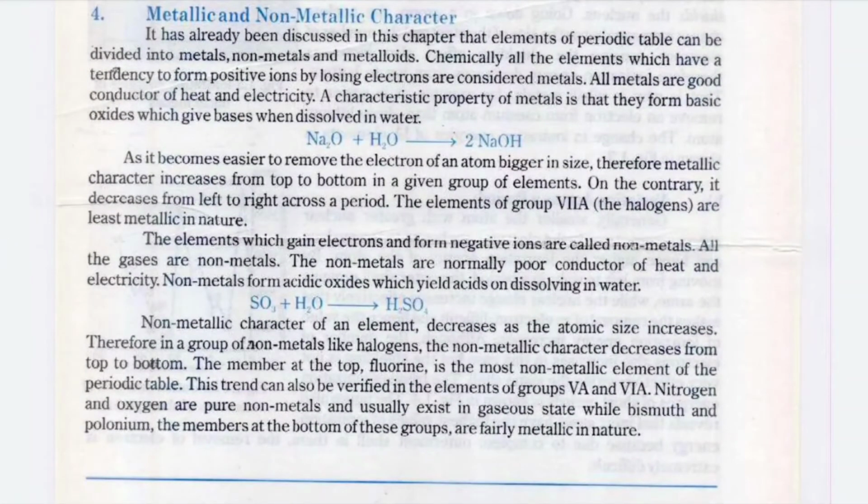And when we move from left to right in a period, the metallic character decreases. As we know, the group 1A and 2A elements are pure metals, and when we move from 3A, 4A, 5A, and so on towards the 7A, the trend changes from the metallic character to non-metallic character, and the elements become non-metallic in nature. The group 5A, 6A, and 7A elements are pure non-metallic in nature,